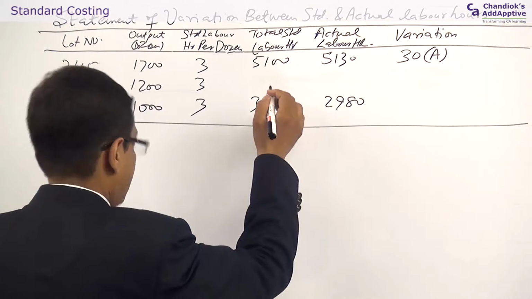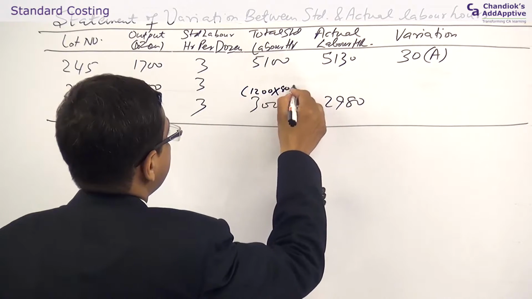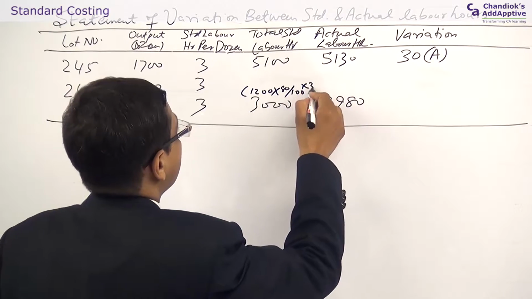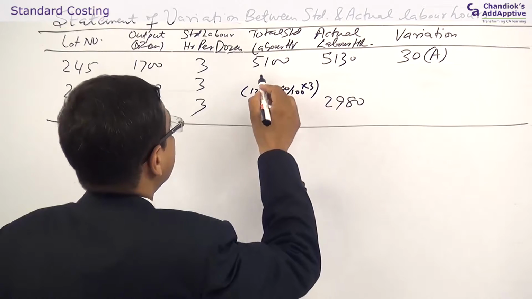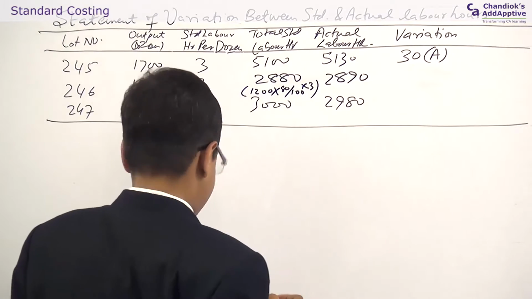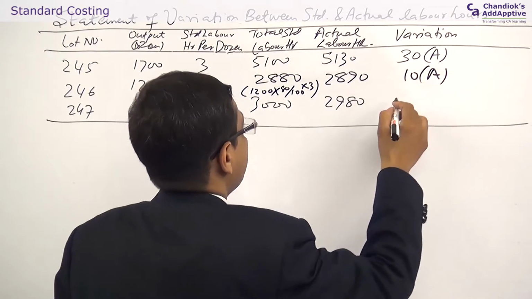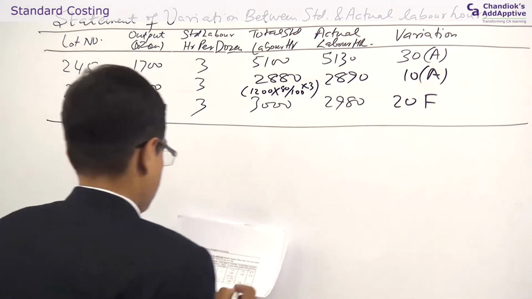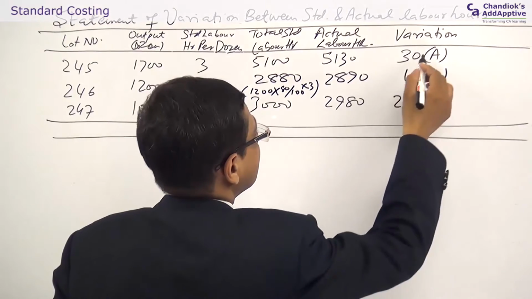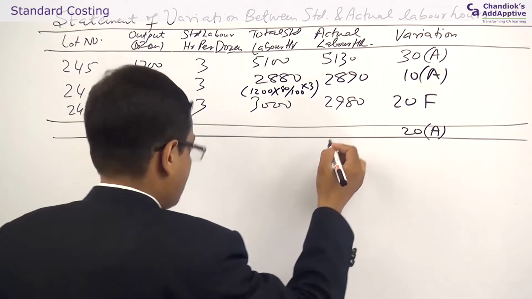246 needs 80% conversion value. So, for 1200 dozen, if you take 80% value at rupees 3 per hour, that calculation will come 2880 and the value given is 2890. So, what is the difference? The difference is 10 adverse. Here what is the difference? 20 favorable. So, on a total basis if you find, what is the variation? 40 adverse, 20 favorable. So, it is 20 adverse. If you total it, the total comes